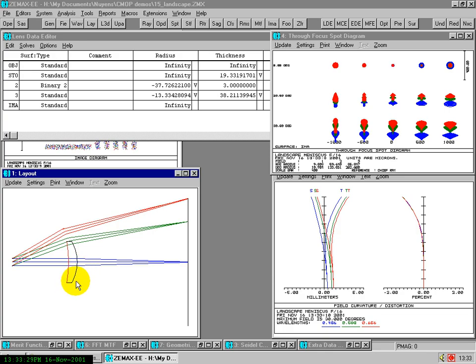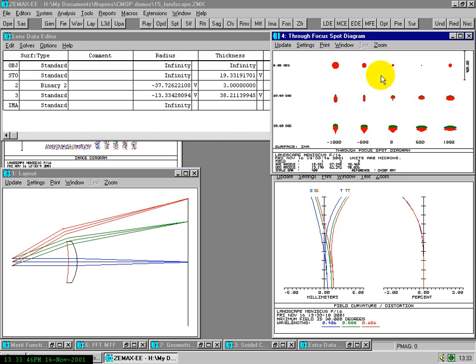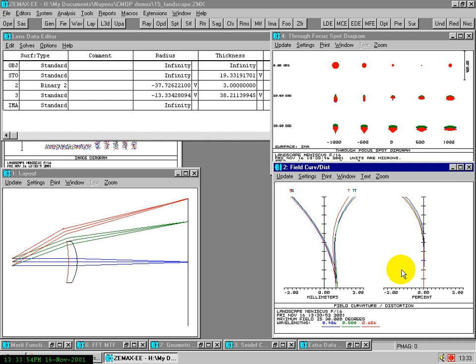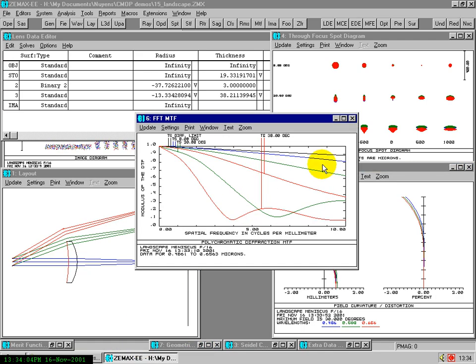The lens now looks like this, and we can see that we have to increase the diameter of the lens, in order to get all those field rays through, because the stop has been moved even further away. But now if you look at the spot size, we see that the lateral color indeed has improved. The distortion is comparable, and if we look at the overall performance, the MTF,